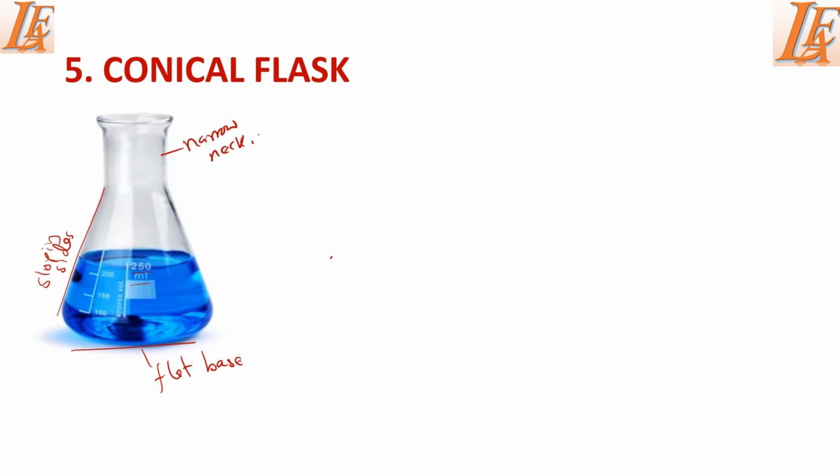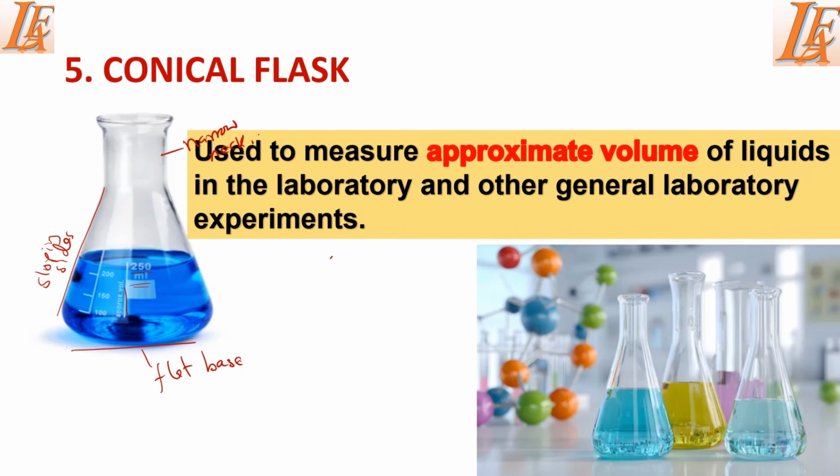Another important feature of this one is that most of them are calibrated and they have their capacity indicated on the side. Like in this case, you can see 250 ml. And another important thing is that this instrument is indicated that the volume that it can measure is approximate. So the main function of this instrument is that it's used to measure approximate volume of liquids in the laboratory, but again it can also be used to perform other general laboratory experiments like mixing chemicals, heating, and even